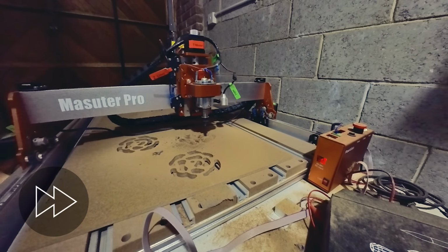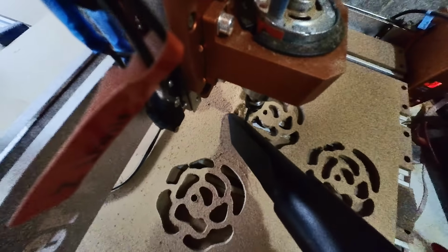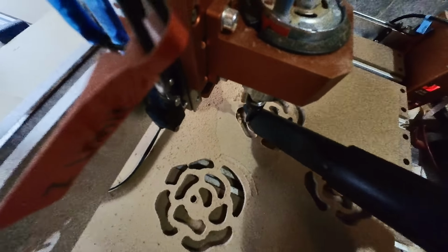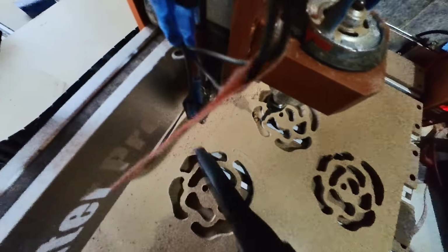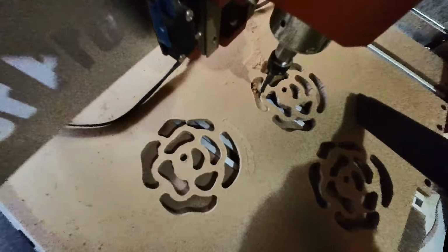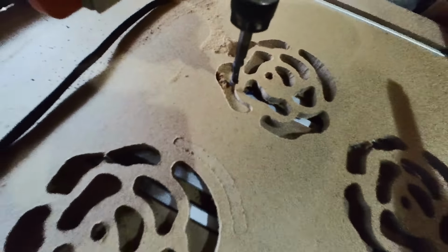So after some satisfying footage of the CNC doing its thing, I finally have these ready. I'm only going to use two because it's a pair of coasters that I'm making, and this is how they turned out. Really happy. Now, I did forget to add the profile cut to my file. Like I said, I am new at this,